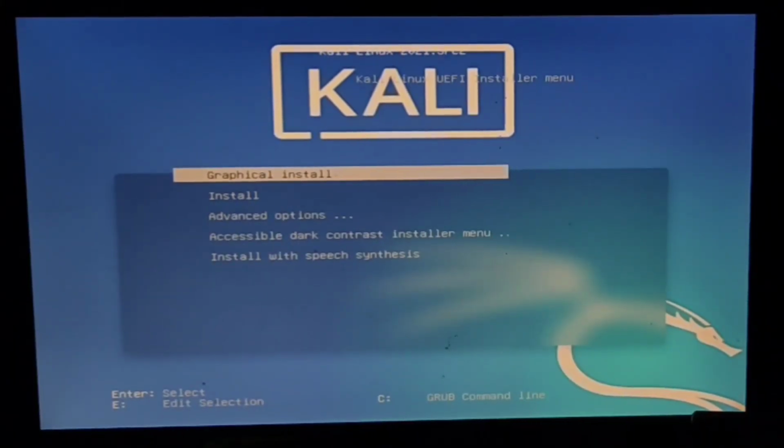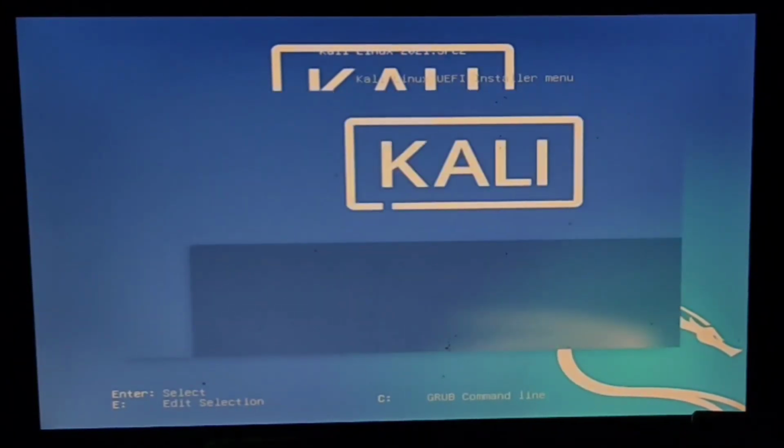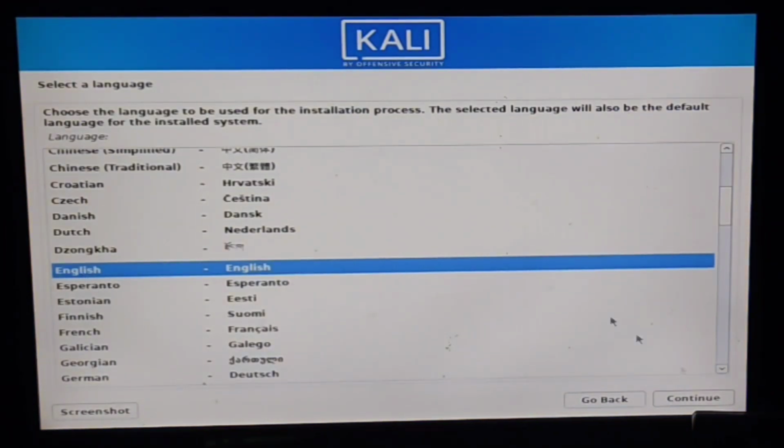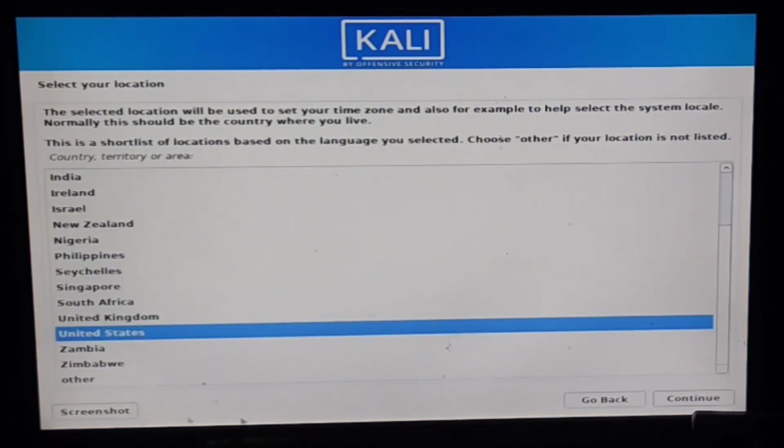Here select the graphical install. Select language English. Location India.